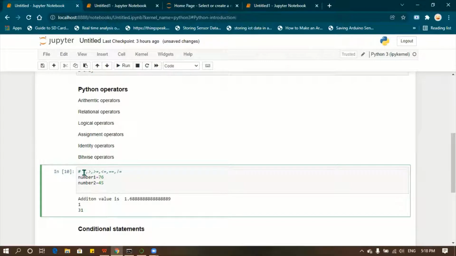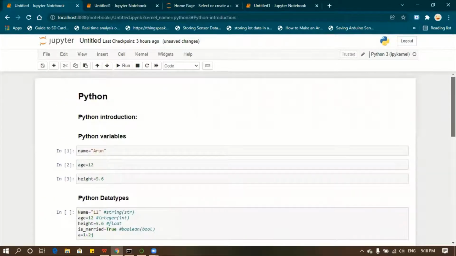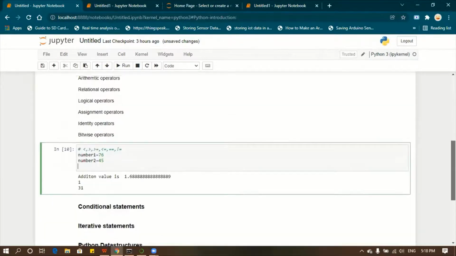When we are doing the comparison operators, it will give the result in the Boolean data type. What are the Boolean data types? The Boolean data types are true and false. We have seen here, right? Is married, true or false. These two are the Boolean data types.